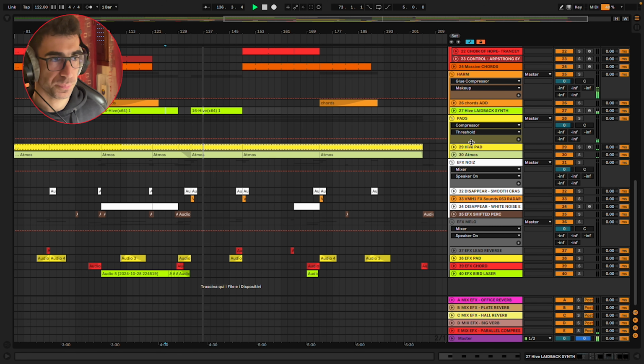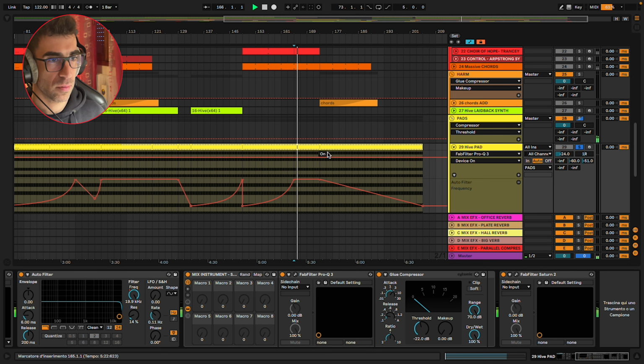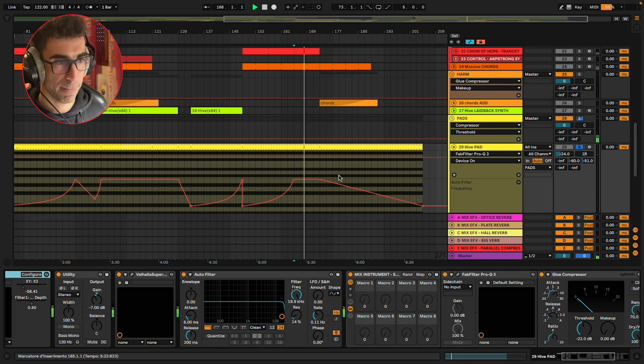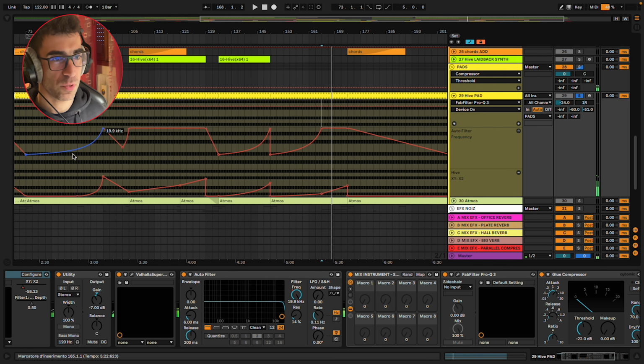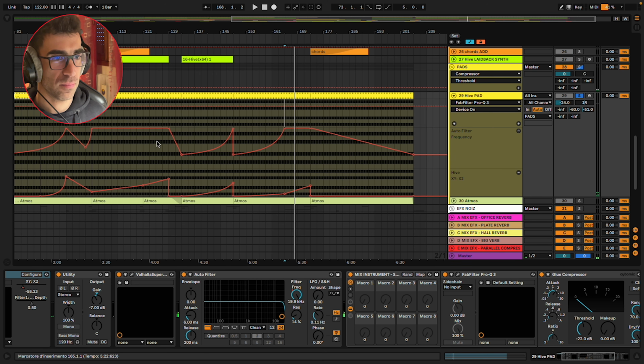Very nice. Then we have the pads. This sound is very cool, I use it often in my tracks, from Hive. Basically, we just have filter automations opening and closing throughout the track.